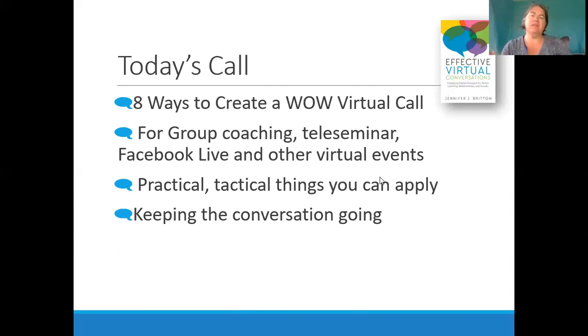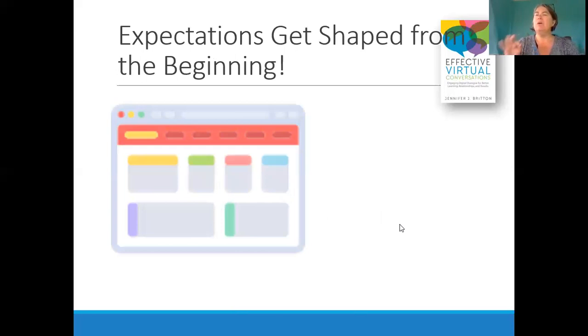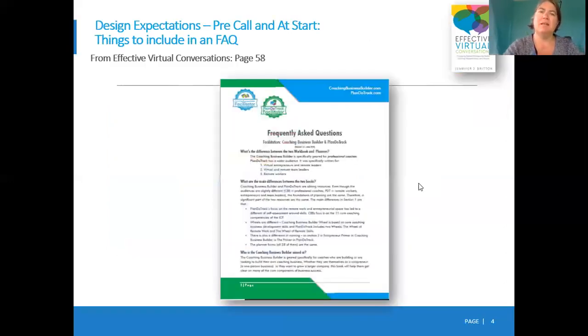I'd like you to take note of these because part of what we want to do is keep the conversation going, and part of success in the virtual space is moving things along. We also want to remember that expectations get shaped from the beginning, and the beginning often is before we come on the line. So what is your communication saying? What are those touch points you have with people? Is it automated? Is it live? Is there a video introduction that you're sharing in addition to something written in email? Keep in mind, expectations get shaped from the beginning.